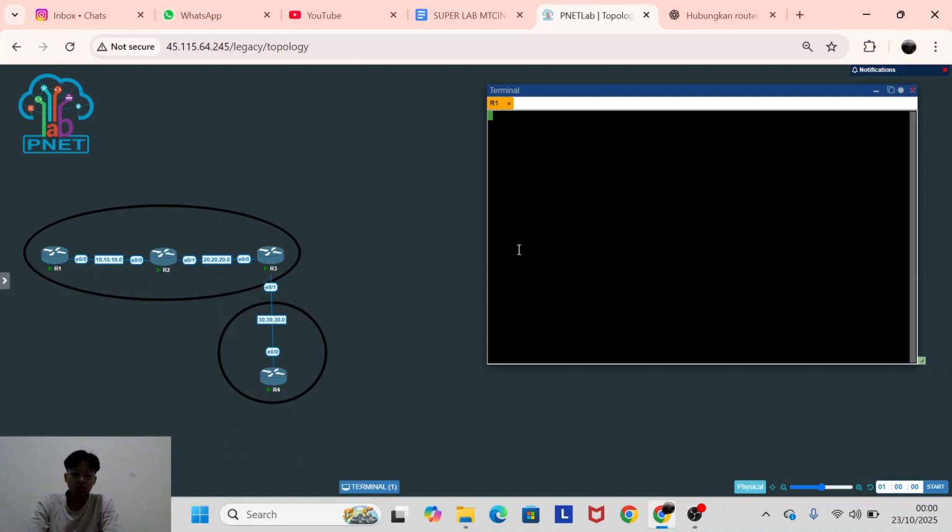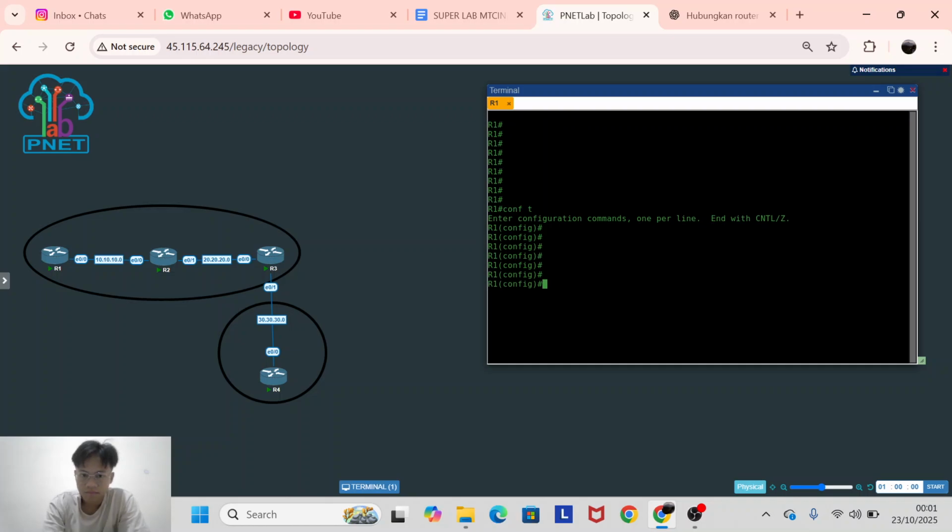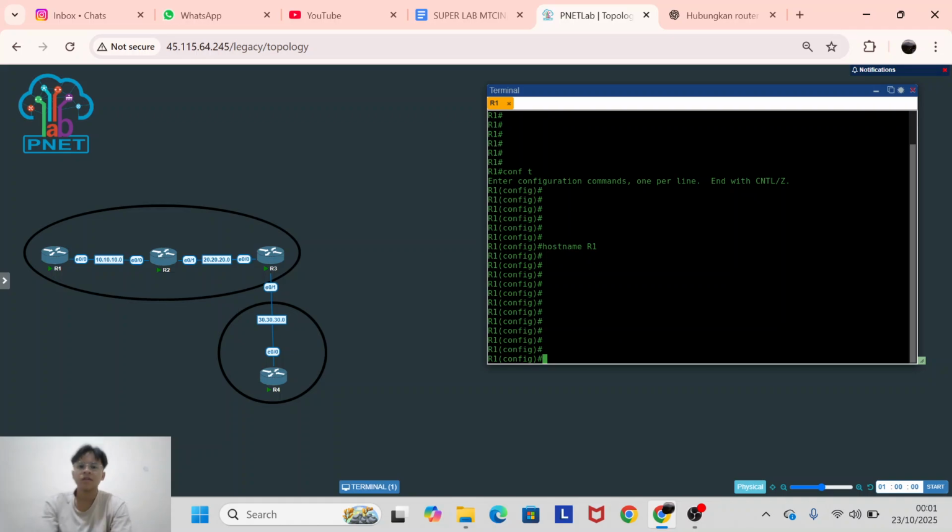I begin from router 1. This is in layer 2, I will go into layer 3. So I change my host name first. Now I can add my IP address. Cisco is different from MikroTik.